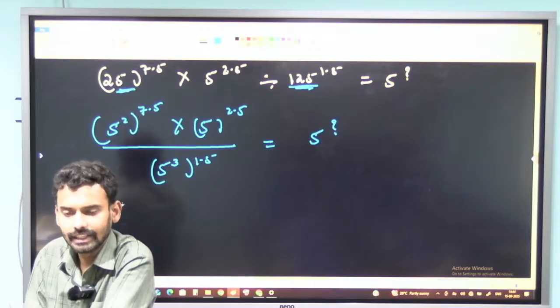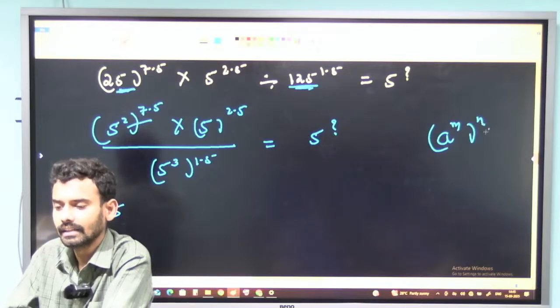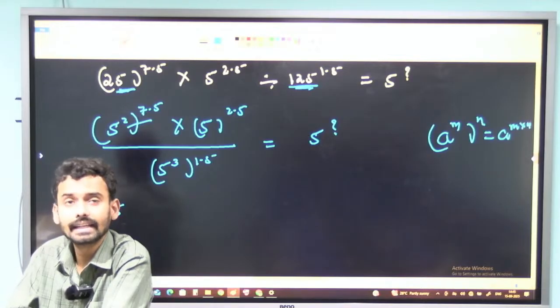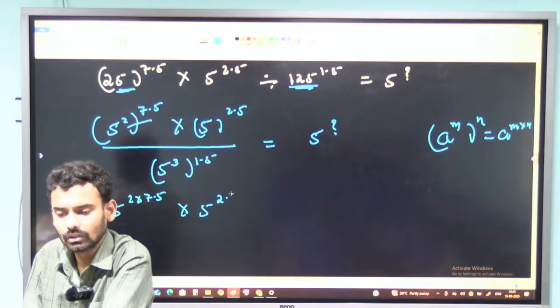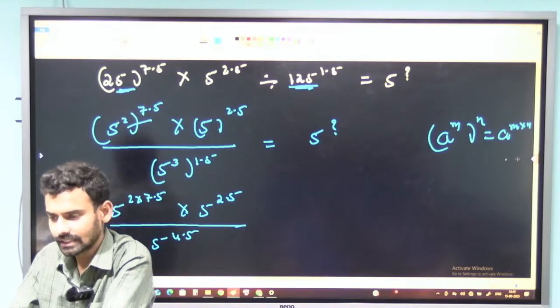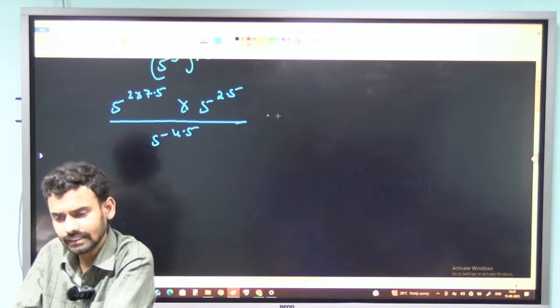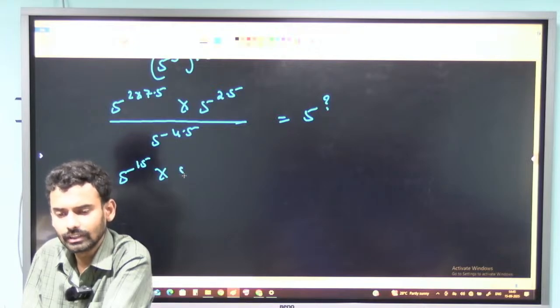Now here I can take this, a to the power of m whole to the power of n is equal to a to the power of m into n. I can use this and write this as 5 to the power of 2 into 7.5, into 5 to the power of 2.5, divided by 5 to the power of 1.5 into 3, which will be 4.5. So this is equal to 5 to the power of question mark. I am keeping the RHS as it is. Then this is 5 to the power of 15 into 5 to the power of 2.5 divided by 5 to the power of